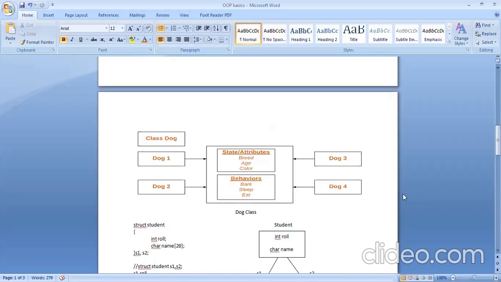Fine, now is it clear till here? At least the basics, is it clear about classes and objects? Yes, ma'am, clear. Rest of the students? Yes, ma'am. Clear.